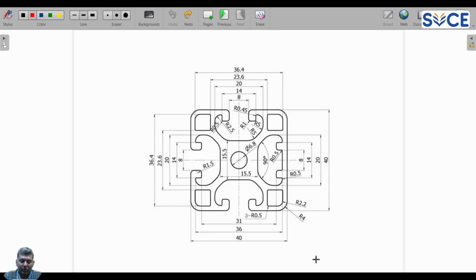Good day to everyone. Today we will try to model this diagram in AutoCAD. When you look at this diagram, it looks complicated, but you have to think how to minimize the way of drawing it. If you look here, you can see it's a square with a fillet on the edges, right? And the other thing is, if you look at this part,